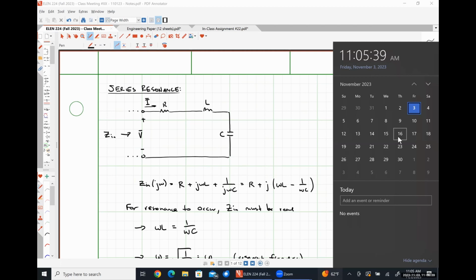North. How many design projects are you going to have? 3. So there are 2 that are already up. Then there will be a design project on filter design. The only reason that it isn't up is because we haven't covered filter design yet, but I actually have that one made out. It'll be due officially at the end of the quarter. Unofficially, if you get it in before grades are due, I'm okay.